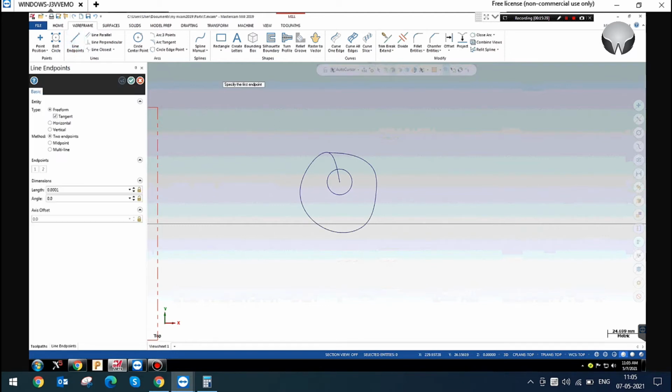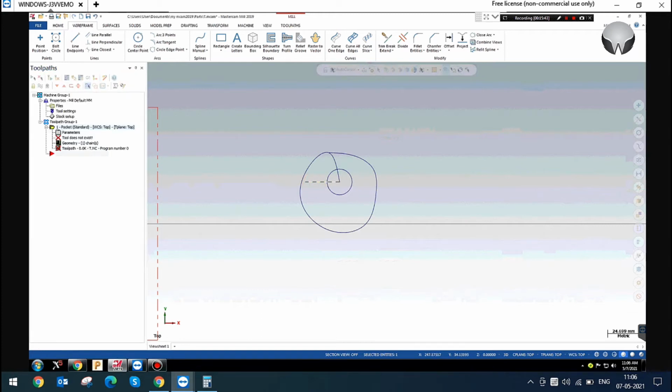The distance between this line and this center point is 10 mm. Okay, this line is 10 mm. So now from the center point of the tool, the 10 mm will go outward in a circle, creating a helix.